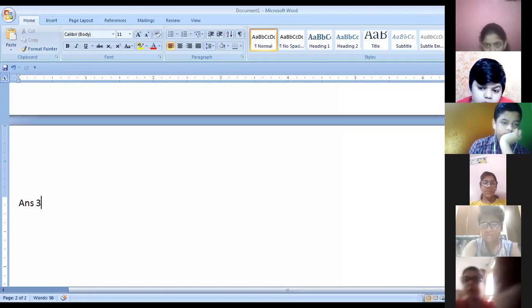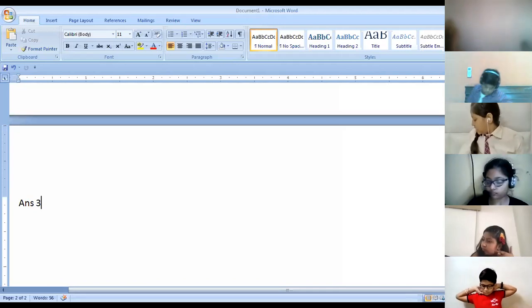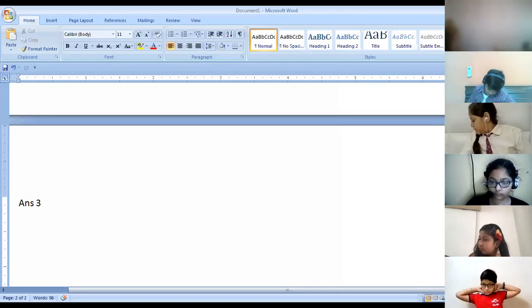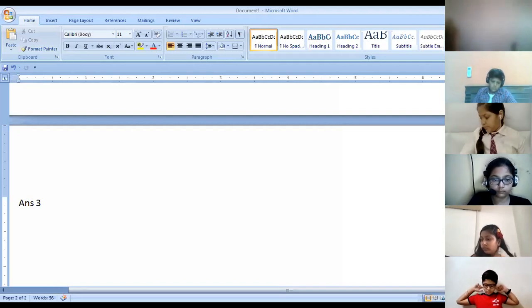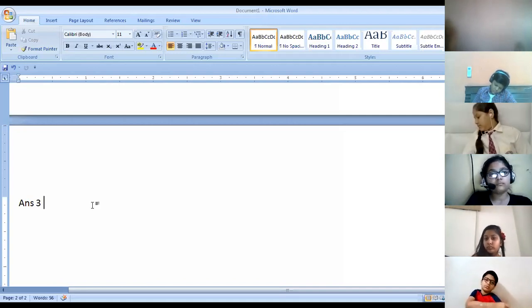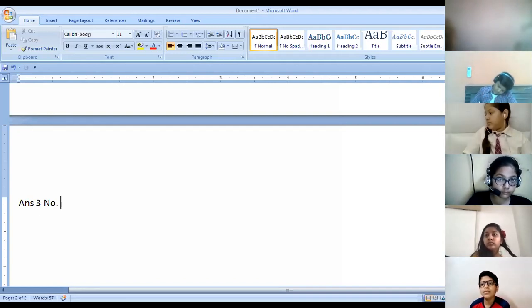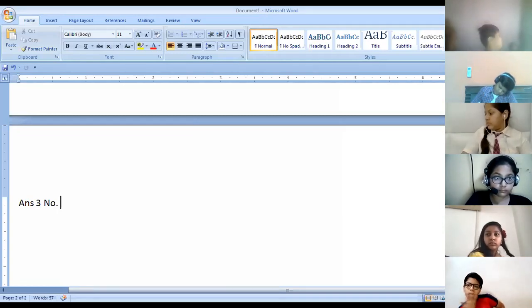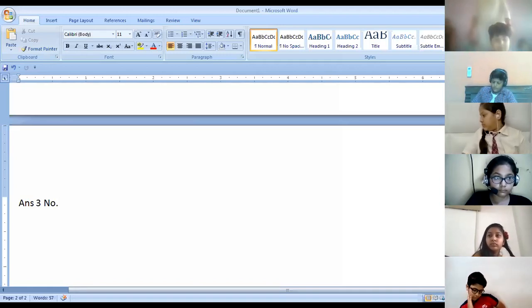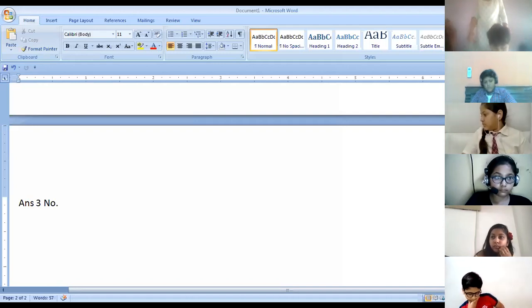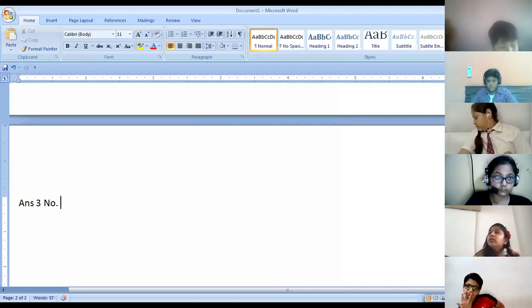Sachin scored twice as many runs as Rahul. Do you know the runs of Rahul? In this question, they are saying that Sachin has scored twice the runs of Rahul, right? First of all, we need to know Rahul's runs, then only can we tell about Sachin's score. Until you know Rahul's score, how could you tell Sachin's score? So how many runs has Rahul scored?